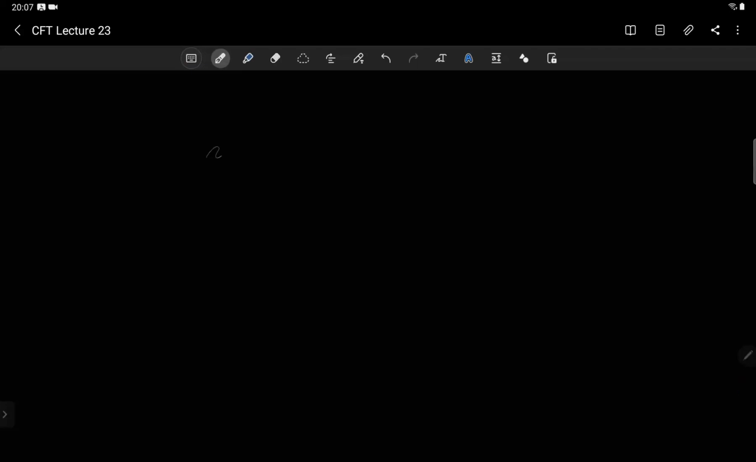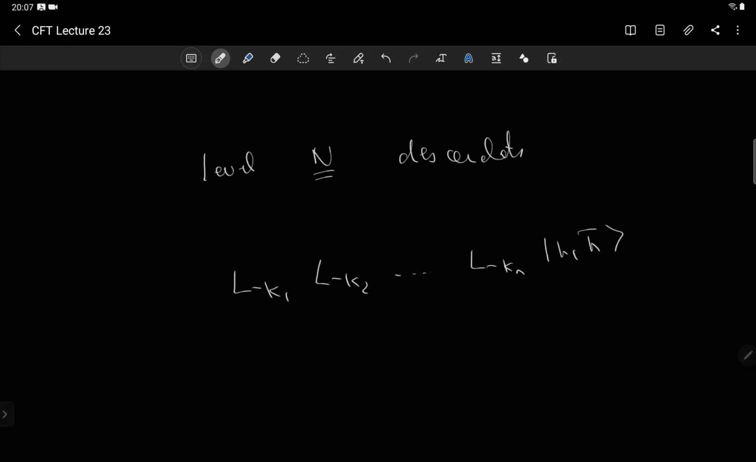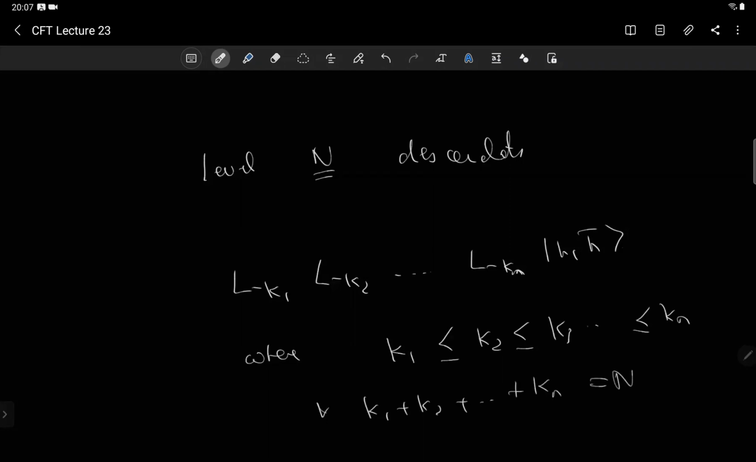একইভাবে আমরা বলতে পারি যে লেভেল n ডিসেন্ডেন্টস গুলো কি হবে। লেভেল n ডিসেন্ডেন্টস গুলো হবে L minus k1, L minus k2 ... L minus kn acting on HH bar। ঠিক আছে, যেখানে আমরা নেব যে k1 is less than equal to k2 is less than equal to k3 ... less than equal to kn, and k1 plus k2 plus ... plus kn সব মিলে হতে হবে ক্যাপিটাল N, যার লেভেলটা আমরা বার করছি। যত পসিবল এরকম লিখতে পারি ততগুলো ডিসেন্ডেন্টস হবে লেভেল n এ।